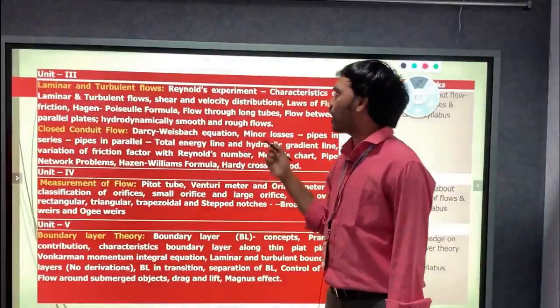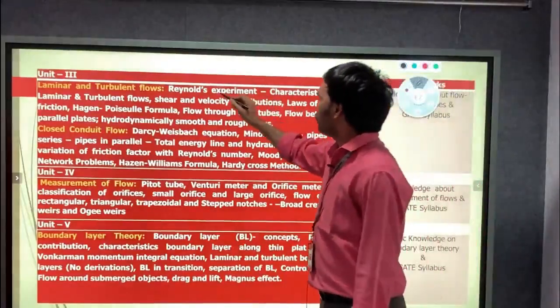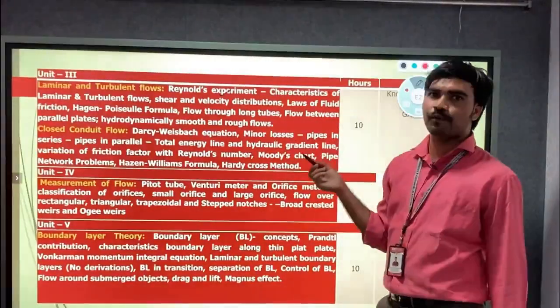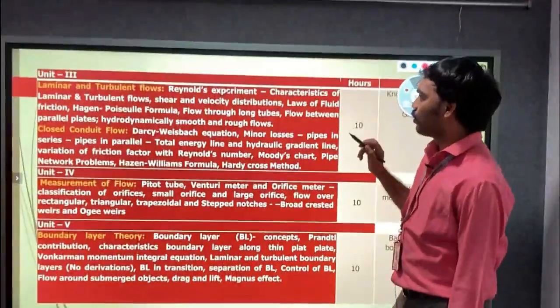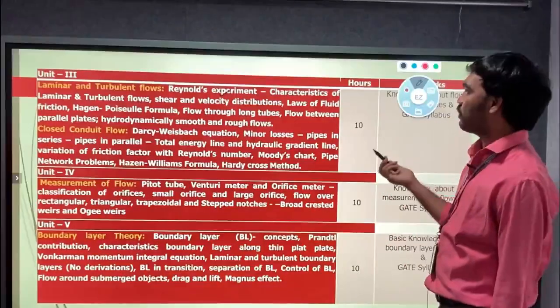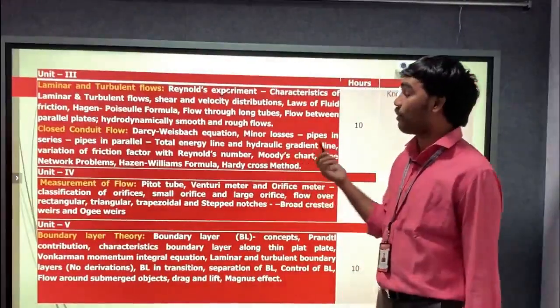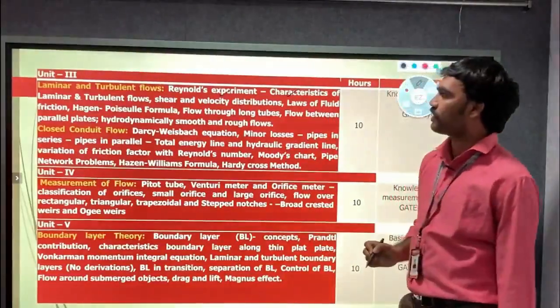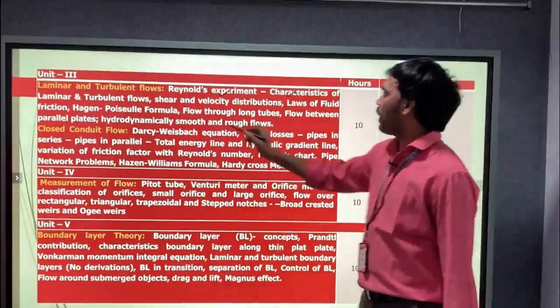So here we will discuss laminar and turbulent flows. First we will discuss Reynolds experiments. Generally, this Reynolds experiment helps us understand the classification of flows, whether it is a laminar flow, a turbulent flow, or a transition flow. Next, we will discuss the characteristics of laminar and turbulent flows, and then we will derive